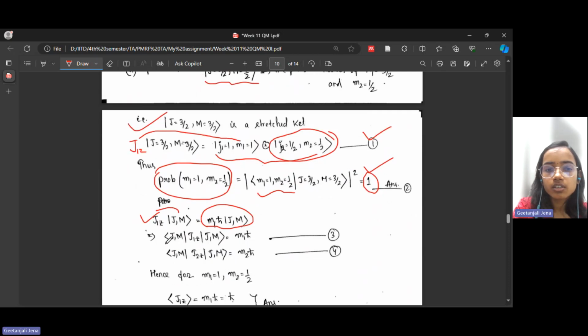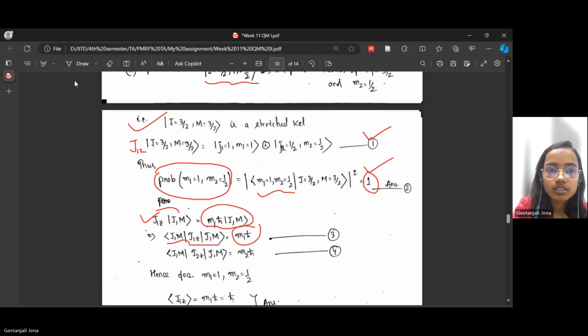Now if you take the bra of this J1Z with |J M>, you will get M1 h-bar, right? Now instead of acting with J1Z, if you act with J2Z here,